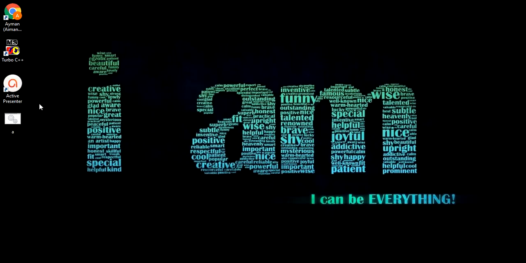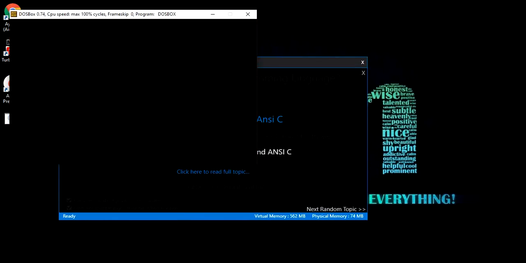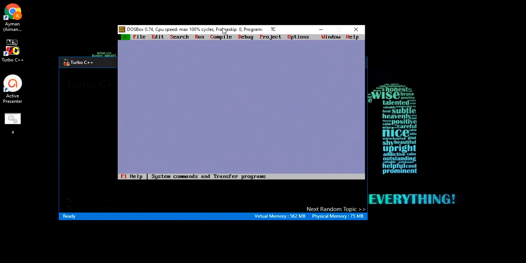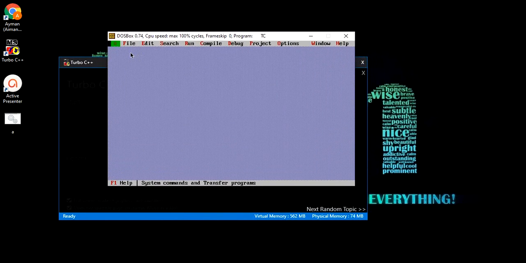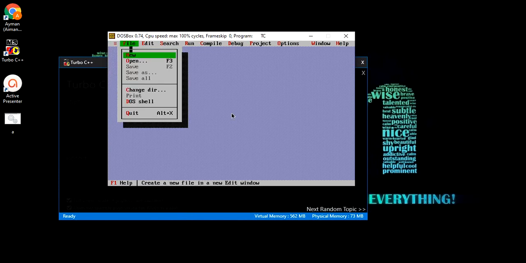So let us open Turbo C++ and start creating our C program where we will declare the variables, assign the values and try to print them. Let us start with a new file.